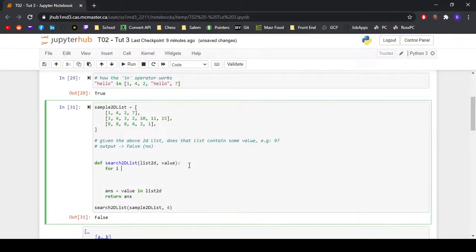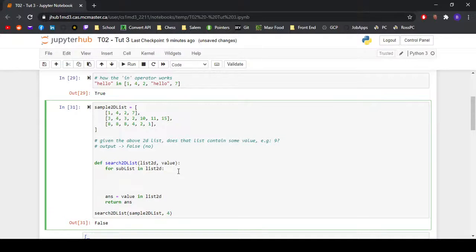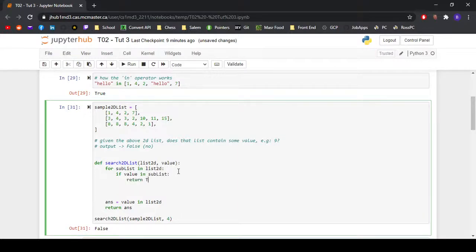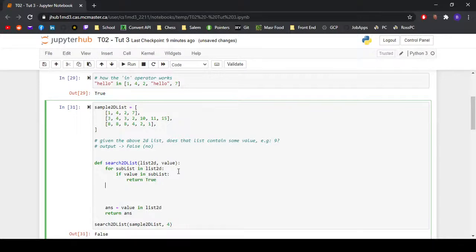So, knowing that, we can kind of continue here. And what we'd want to do now is we would say for, and here we can say sublist, right? We can call this anything. This is just the name of our iterating variable, our looping variable. For sublist in list2d, if the value is in that sublist, return true. And if it's not,